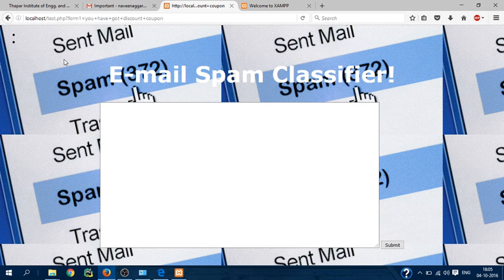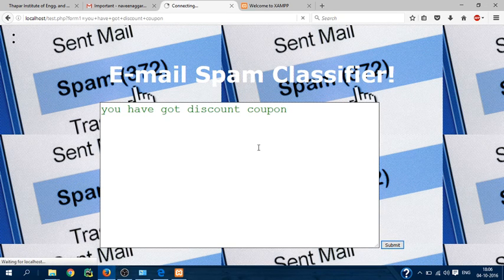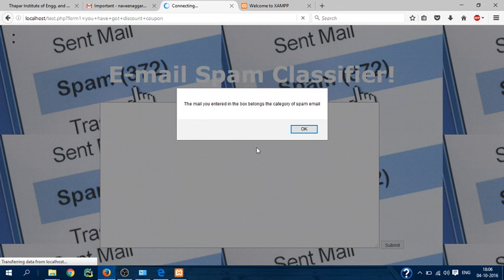Now, this is my GUI. Let's take an example of a spam mail. For example, you have got a discount coupon. These types of mails basically belong to the category of spam. Now, let's check what my email spam classifier gives. This may take up to 20 seconds as it builds a model and then gives the result. Now, as you can see, a script alert shows the mail you entered in the box belongs to the category